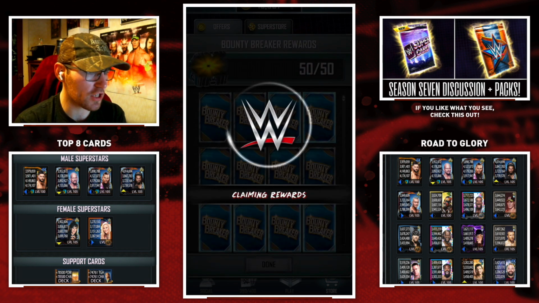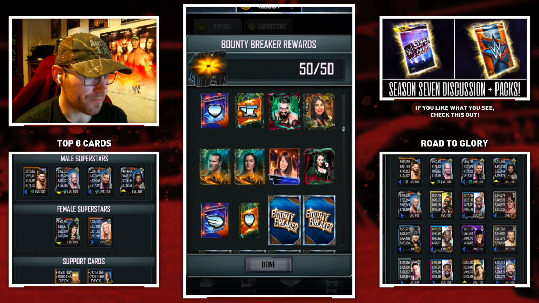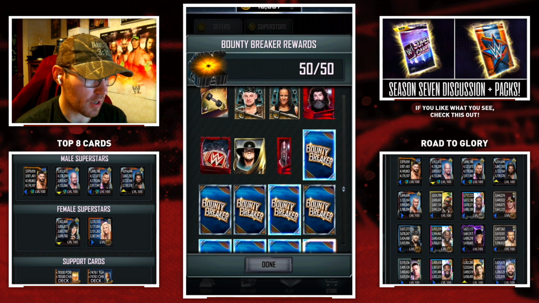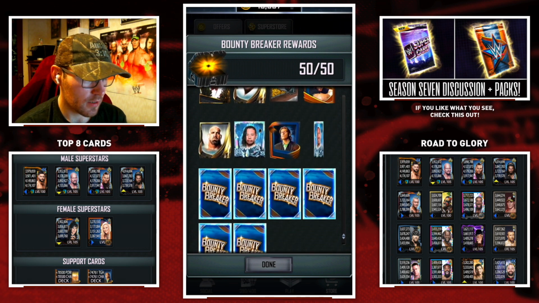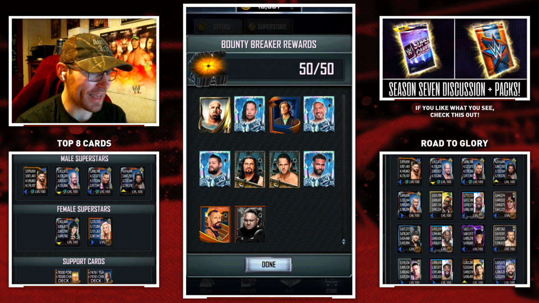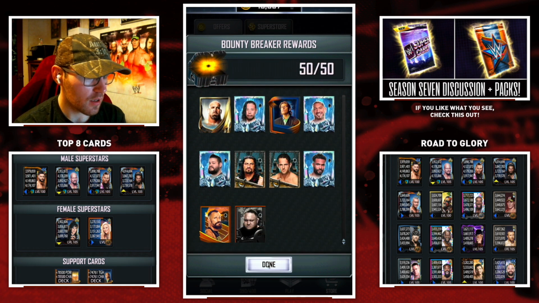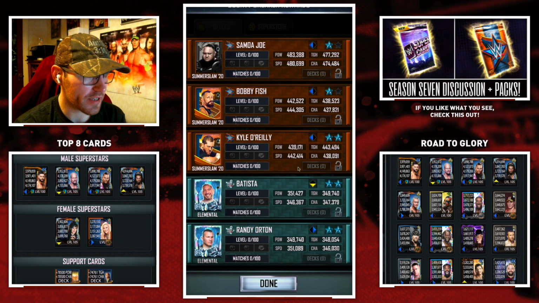So let's see what my chest contains. Hopefully it surprises me, but I won't be. Come on, surprise me. Come on, surprise me. Oh, we get a SummerSlam 20. Oh, we get 2. That actually isn't terrible, guys. And we get a 2-stat manager as well in the form of William Regal. That actually wasn't terrible. I think Bobby Fish does make a pro, and actually Kyle O'Reilly would make an F1,